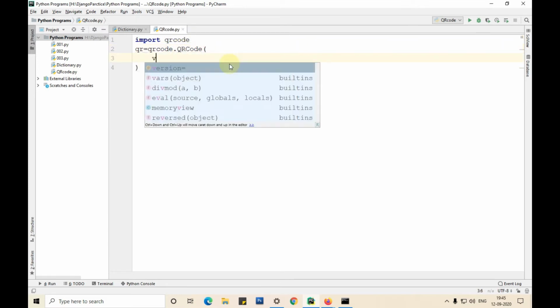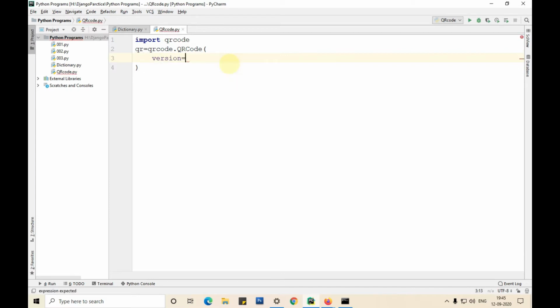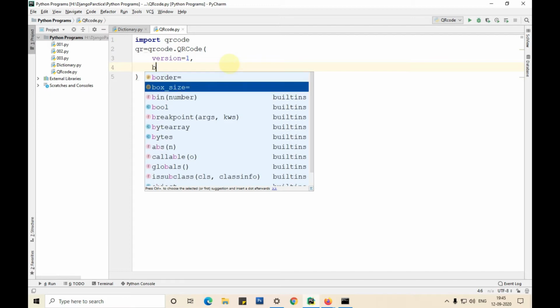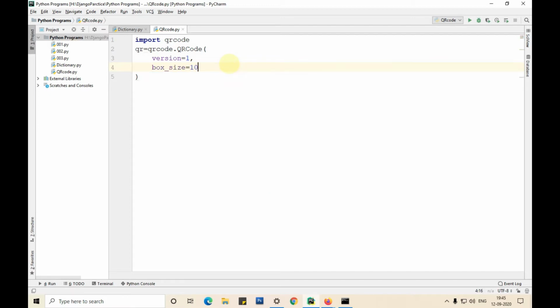Now I'm specifying the version of the QR code. Version is equal to 1, size of the QR code, box_size is equal to 10. I forgot a comma there. Border is equal to 5.